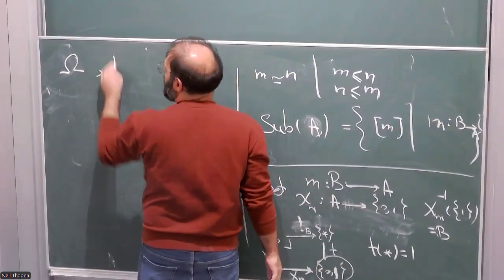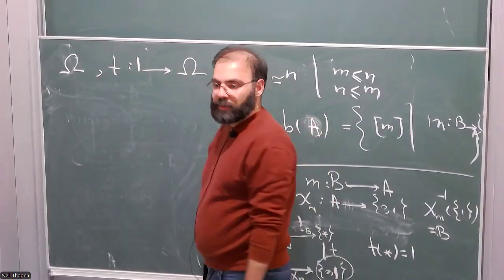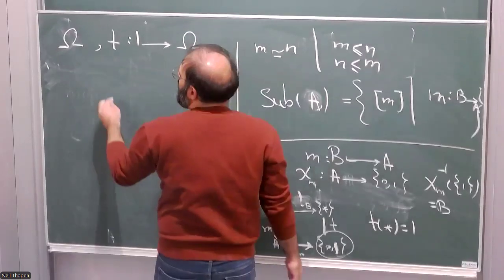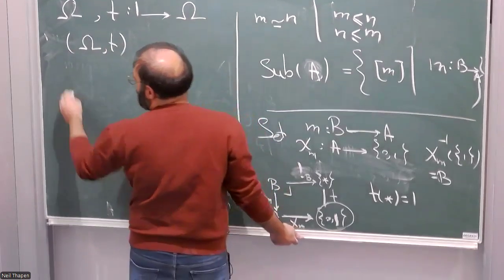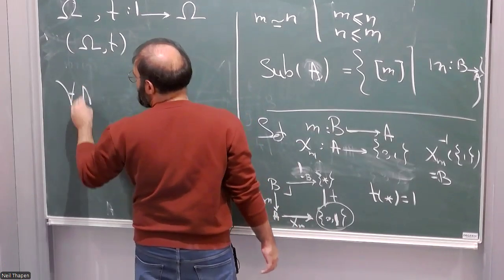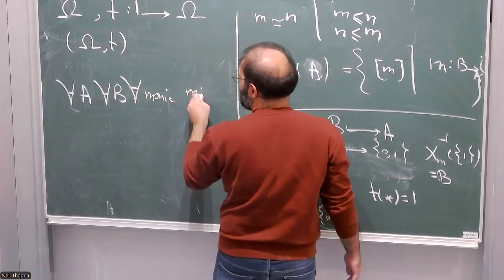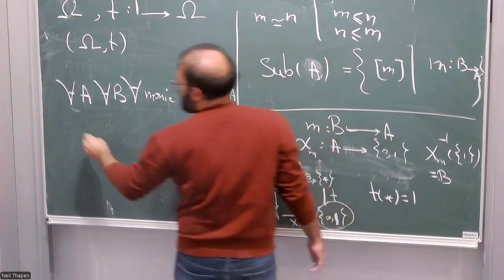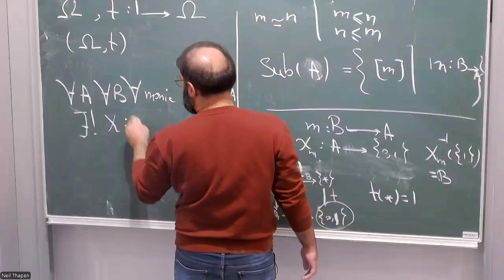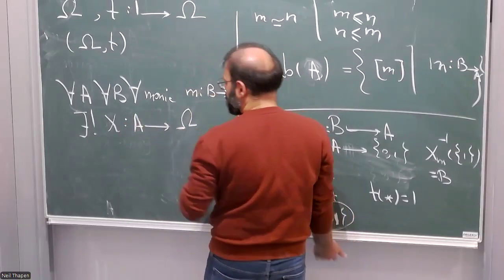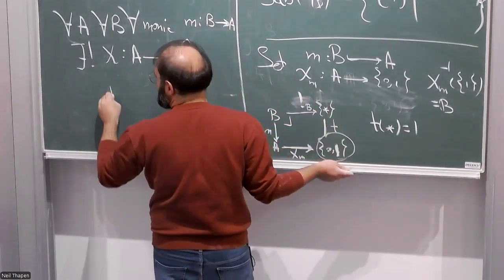And one map T, the truth, from 1, the singleton, to omega, picking truth, such that this pair is called a subobject classifier when for any A and B and any monic m from B to A, there exists a unique map, say chi, from A to omega, such that this guy is